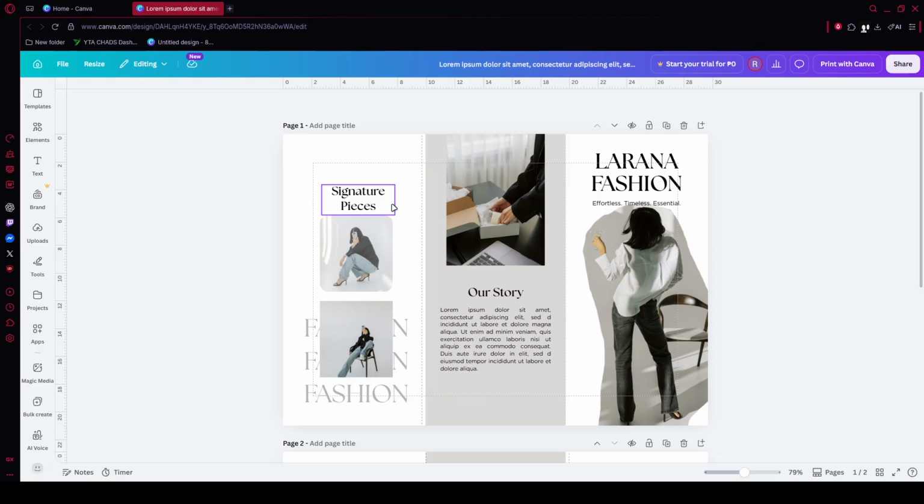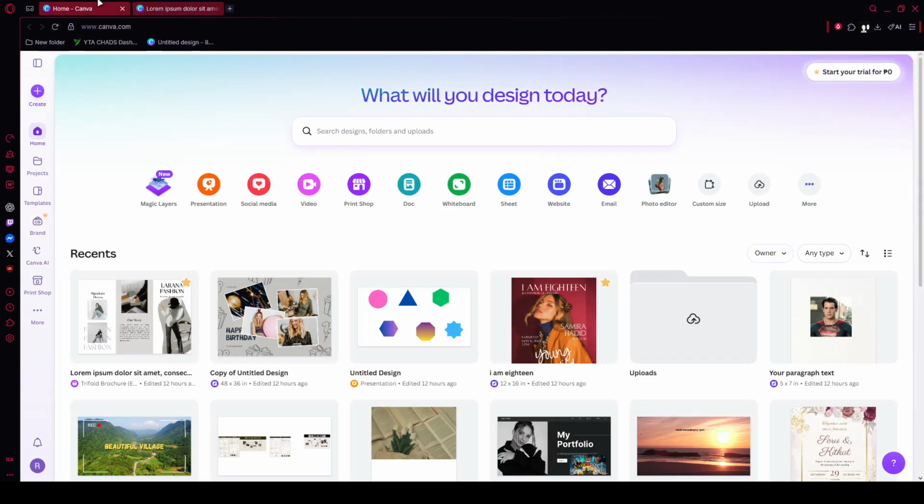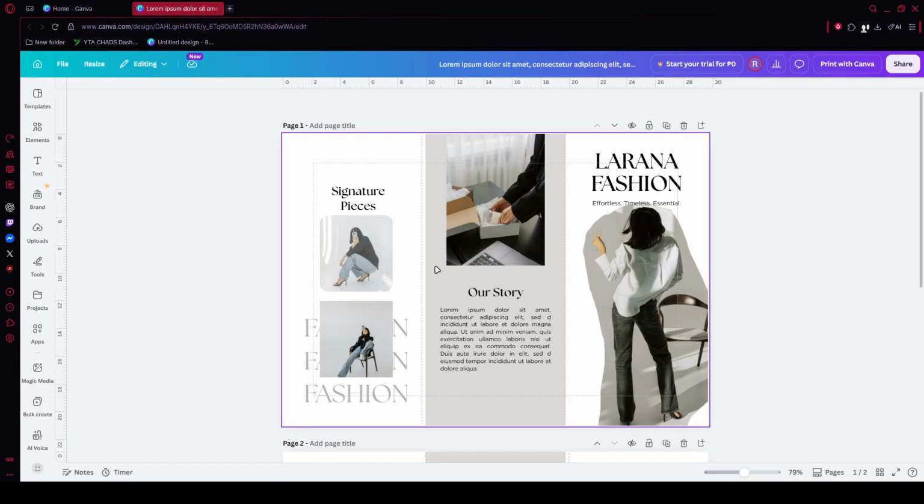First, open Canva and go to the project you want to edit. From your dashboard, find the design you've been working on and open it in the editor. Once the design loads, click once on the text box that is showing in all caps. You want to make sure the text box itself is selected so you can edit its formatting without affecting the